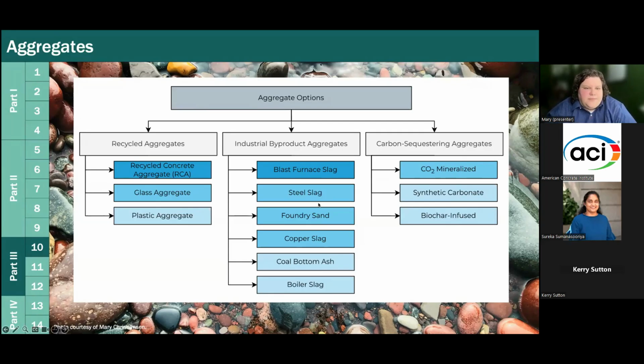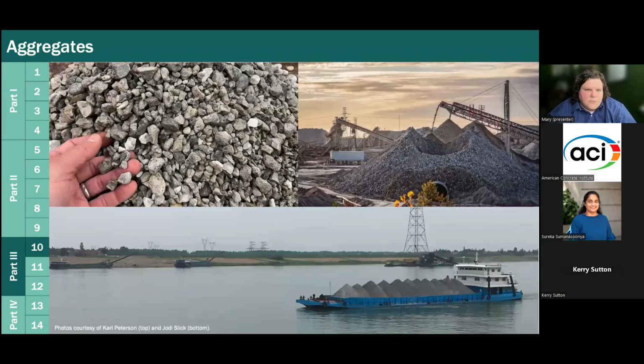And throughout the book too, I think there's confusion because you say, well, here's blast furnace slag. I thought blast furnace slag was an SCM. Well, it can be used as both depending on some different factors. And so we tried to really point out where one material can be used in multiple places, because I think that causes a lot of confusion. So here's some recycled concrete aggregate up here, just a cool aggregate processing picture.